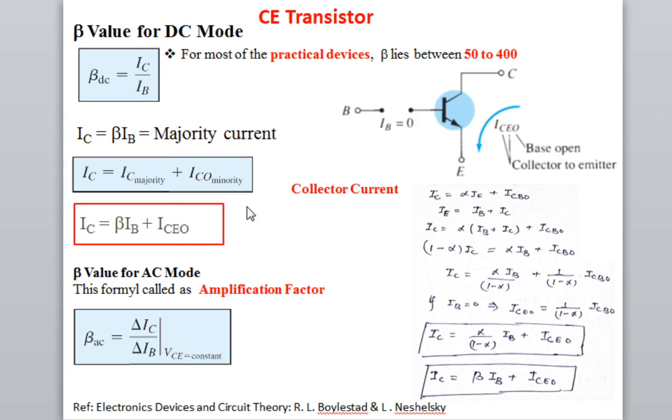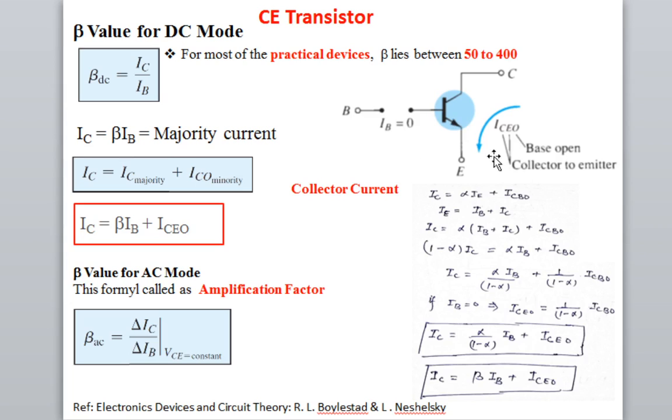How to read this? We have to read it as collector to emitter current when the base is open, because here we are using common emitter. Here we have to open the base, as I have shown in the diagram. This is a common emitter transistor. If you open the base, when IB is equal to 0, the majority carrier current becomes equal to 0. Then only your collector base junction is in reverse bias. Then whatever current flows is because of the minority charge carrier current.